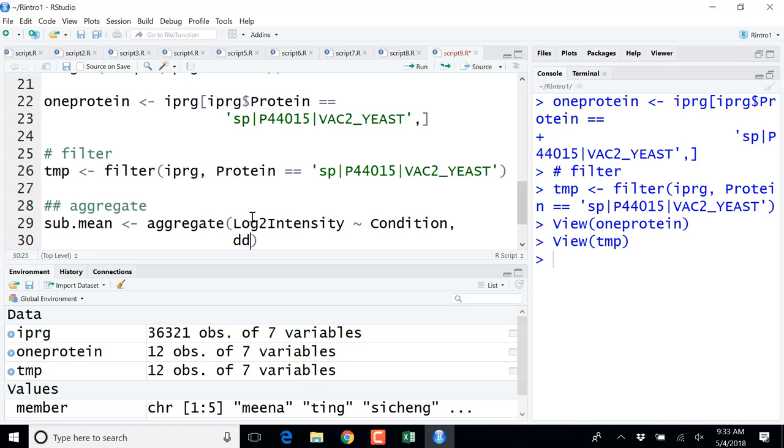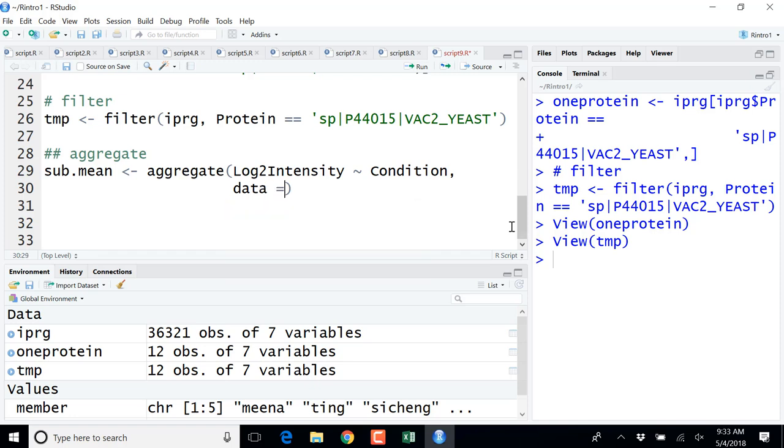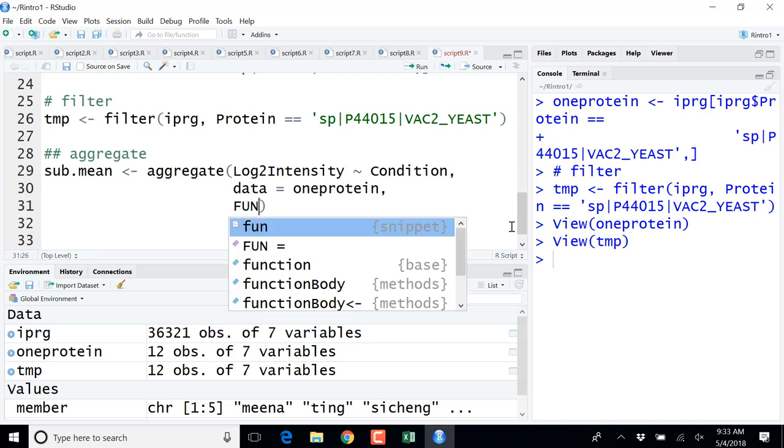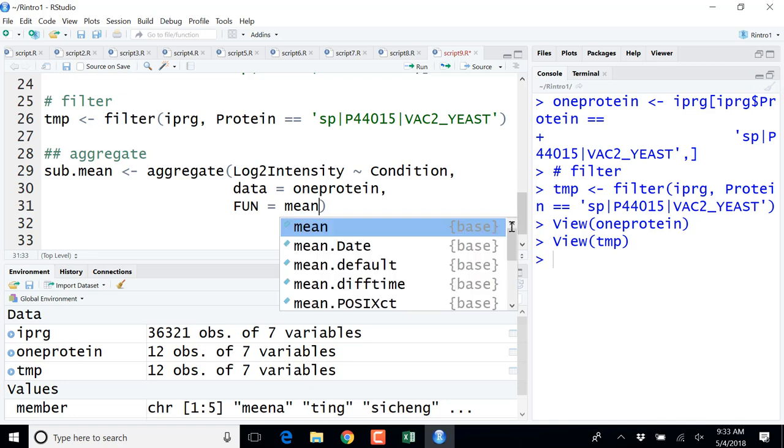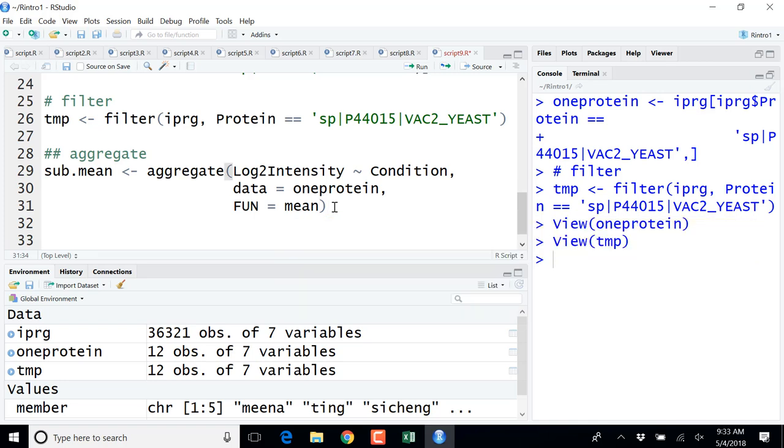from the data that is one protein, and how can I aggregate? The FUN argument means function. Which function do I want to calculate? Aggregate by mean. Okay, so let's run this line,